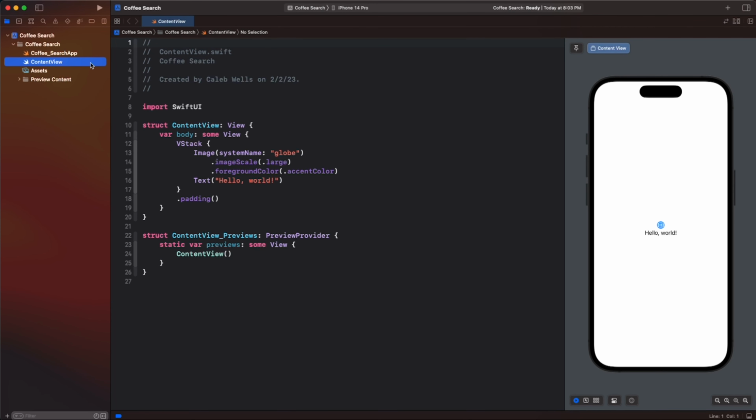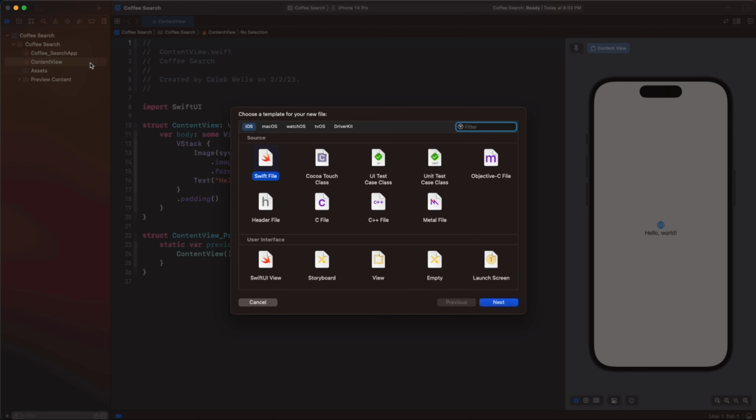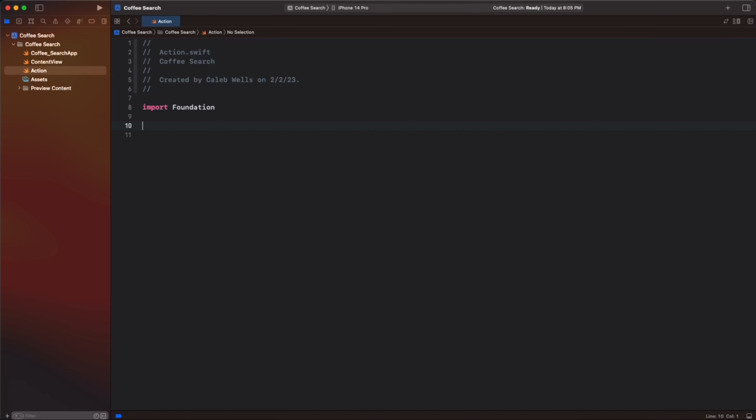So we'll start out by creating a new file over here, and it's going to be a Swift file, and we'll just call it Action. So this will simply be an Action struct that represents an action that can be performed in our horizontal stack of directions, call, or open the web page. We'll get to the view a little later on, but let's create this by typing out struct. The name of the struct is going to be Action,